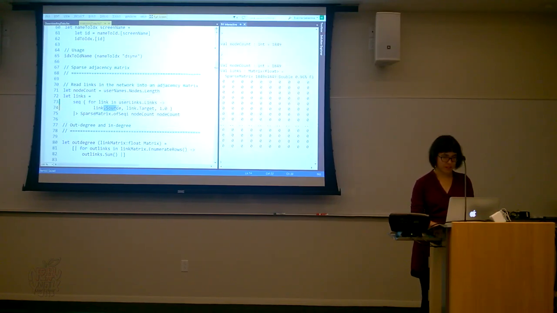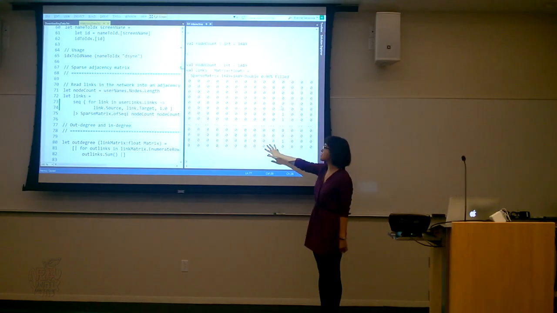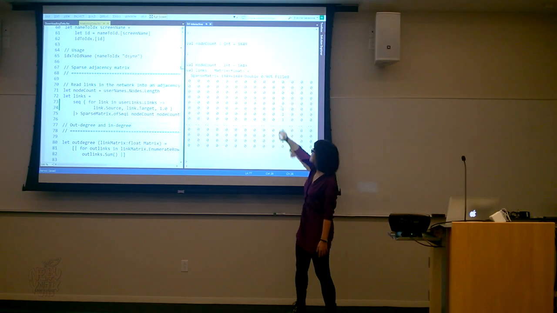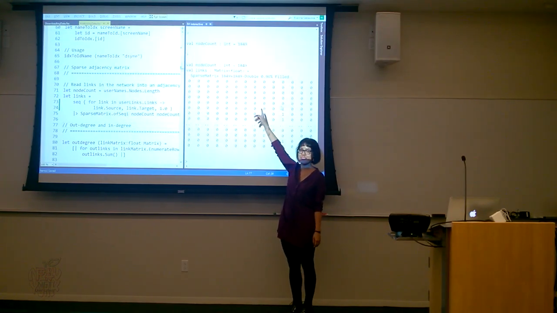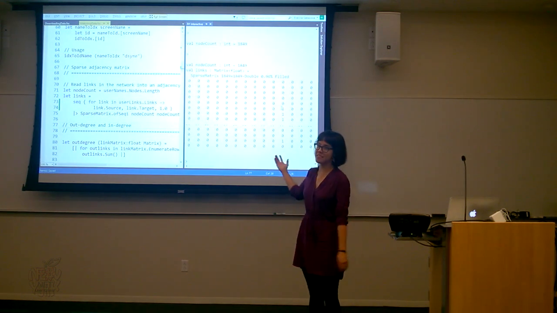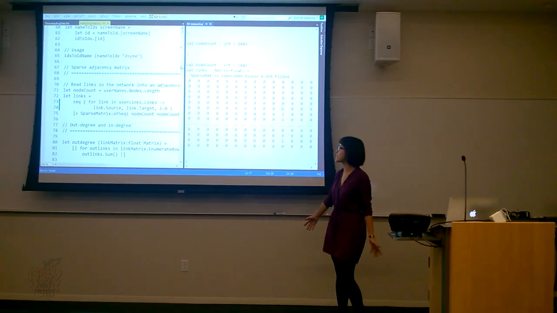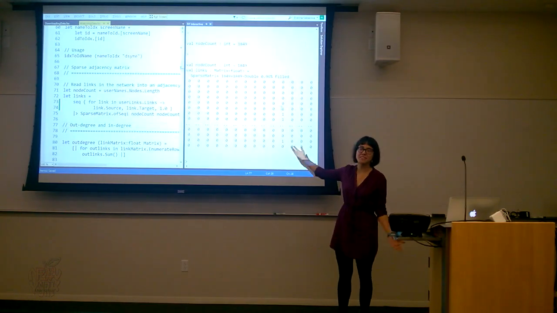And also here, because it's, again, the type provider, I get all the IntelliSense. So I can access the source or target. So here you can see my sparse matrix. You can see that it's very sparse. And it also tells me how much, and you can see that less than 1% of values are filled, which is why we need a sparse matrix. If we were representing something like this in memory, it would get filled up very, very quickly. But with sparse matrices, we are representing just the non-zero values, and it's very easy.